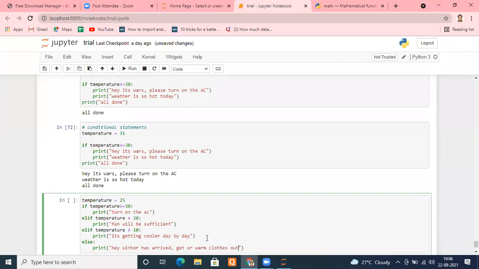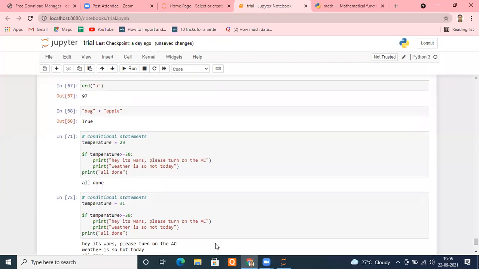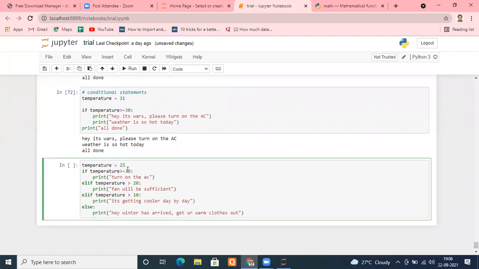Okay. So how will it execute? Understand that thing, please. First of all, it will check the temperature variable, whether it is 25 or whatever, doesn't matter. It will go here and see, does my variable satisfy this condition? So it will check if temperature is greater than or equal to 30. If yes, meaning 30, 31, 35, fine, this condition will be executed and the rest of the statements will be ignored, not considered at all. Let me take an example. Let's put 31 and check.